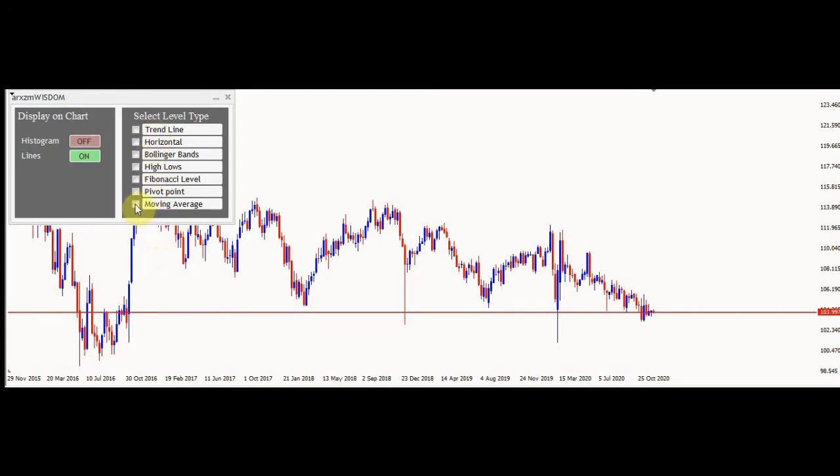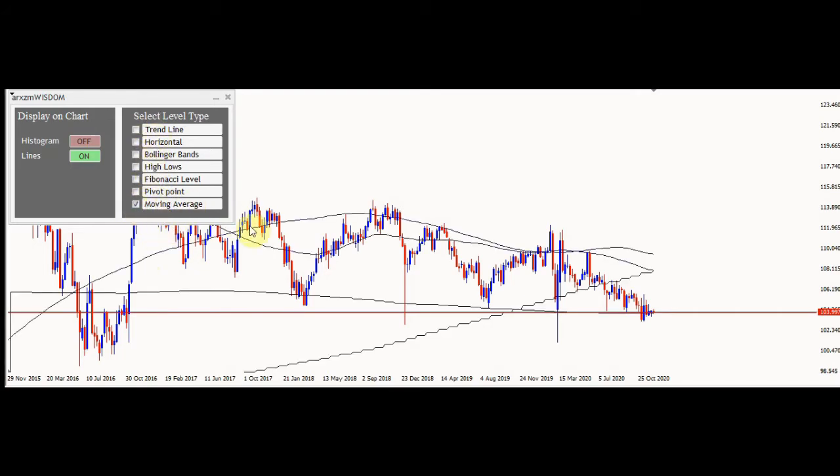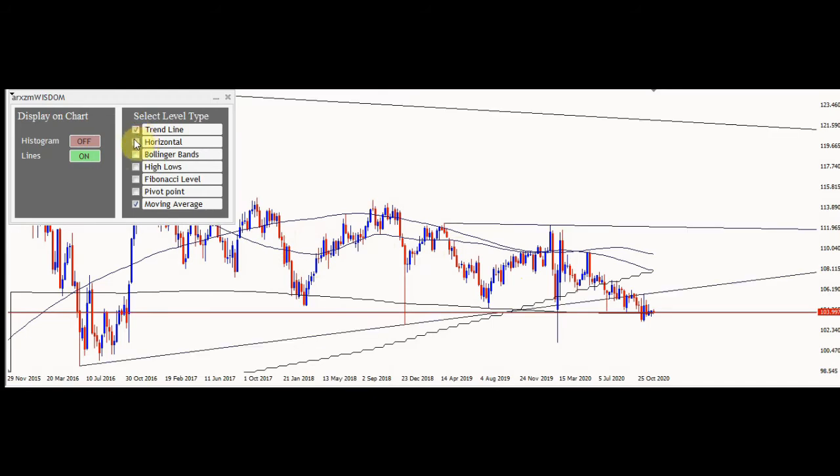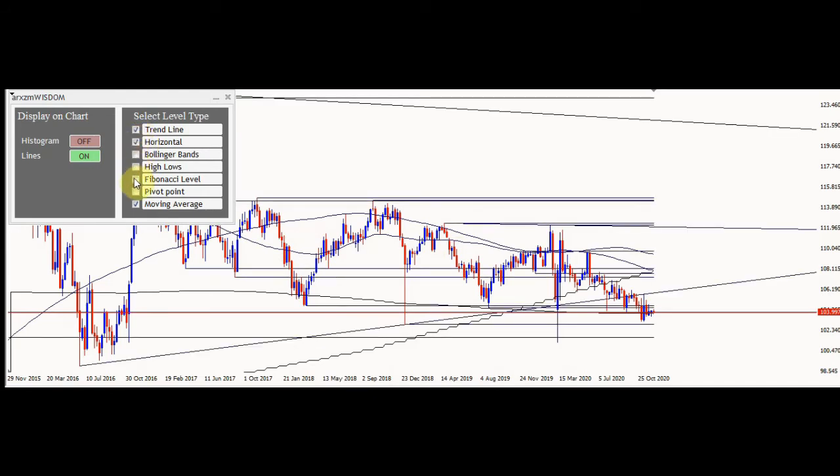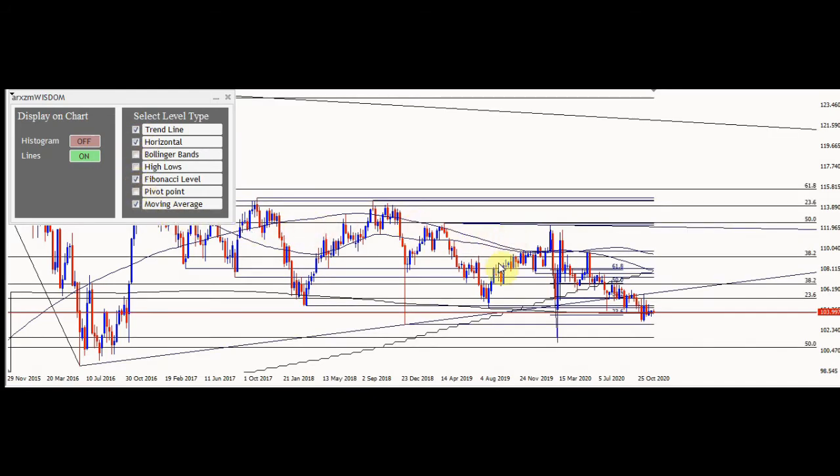We have the dynamic quantitative ones that change as price changes. So moving averages could be an example. Here we have the 100 and 200 moving averages. And of course, we have traders working on all different time frames, so there's multiple targets even with this. Then, of course, we have trend lines, horizontal support lines, Fibonacci levels, and so on. So how do we know